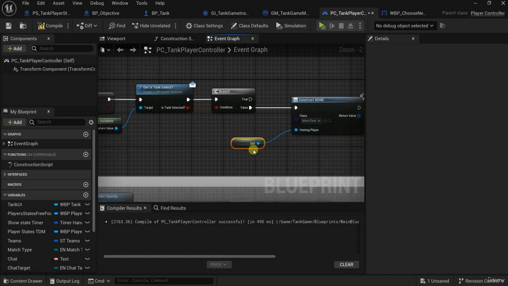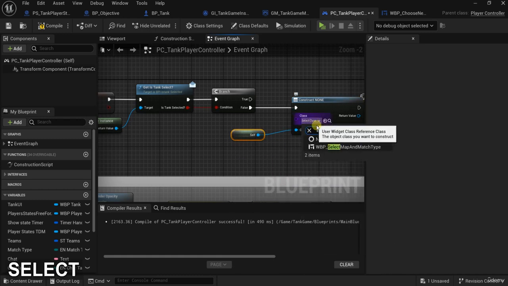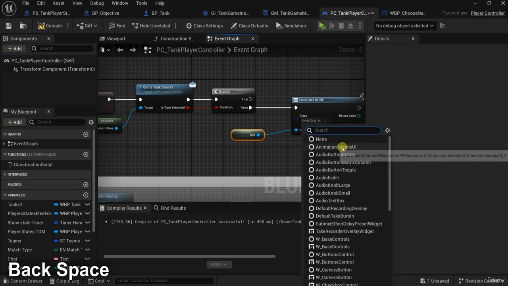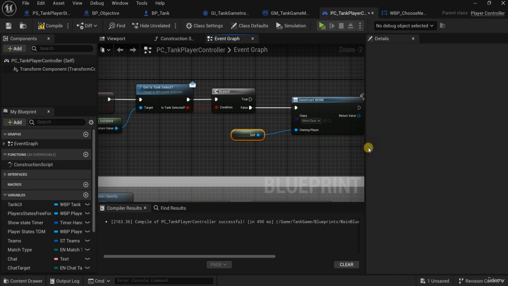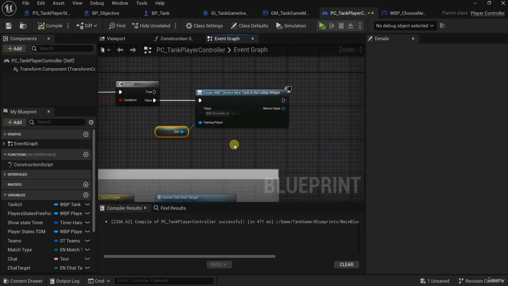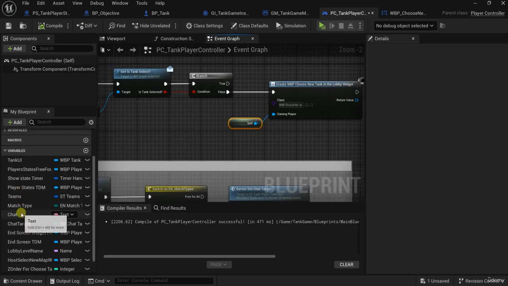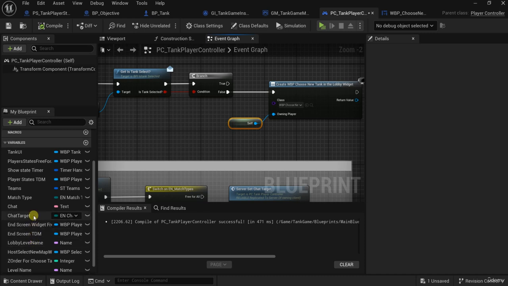The owner should be self, and it should be select, choose, I think we called it choose tank in the lobby. Now let's check if we have choose tank already available. Well, it is not available already,